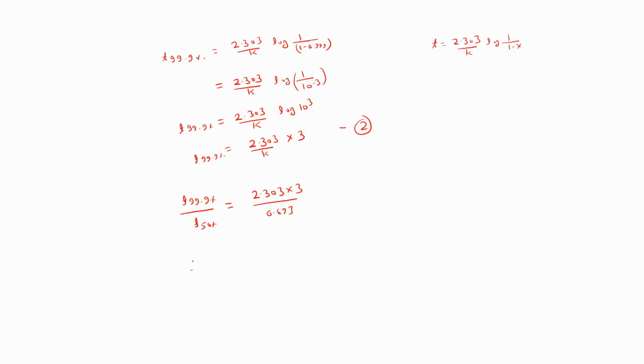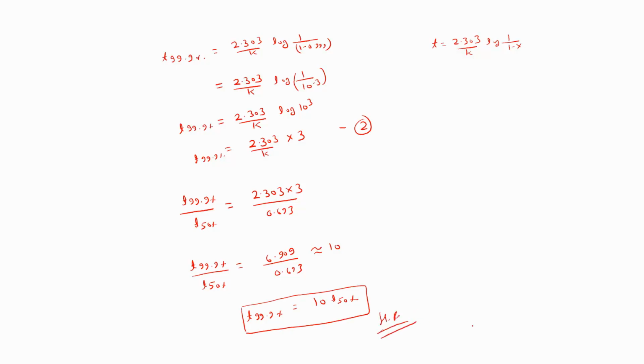ठीक है, so T 99.9% divided by T 50% is equal to 9096.9 into 0.693. So it is approx 10. So T is 99.9% is equal to 10 times T 50%. Hence proof. ठीक है, ऐसे ही आप T25 को भी प्रूफ कर सकते हैं अगर आप चाहें तो